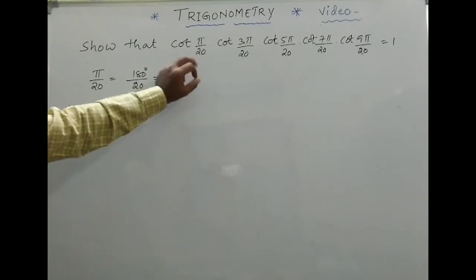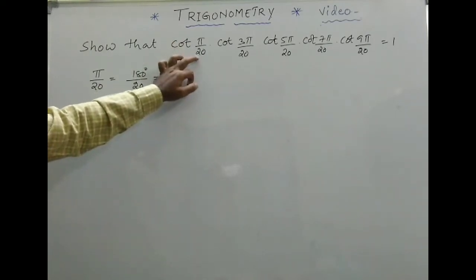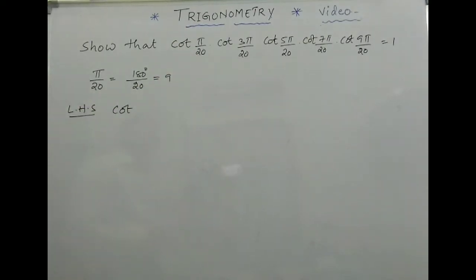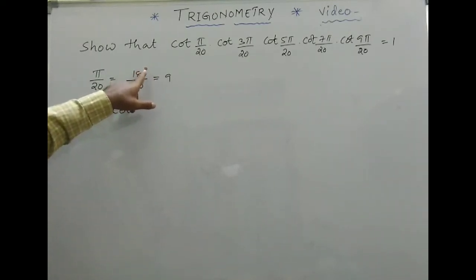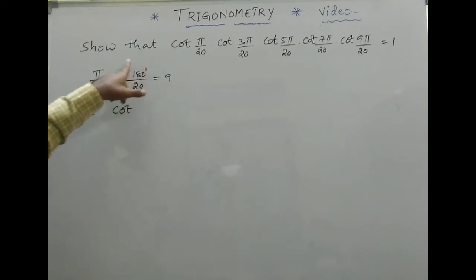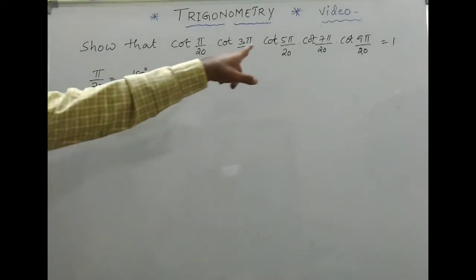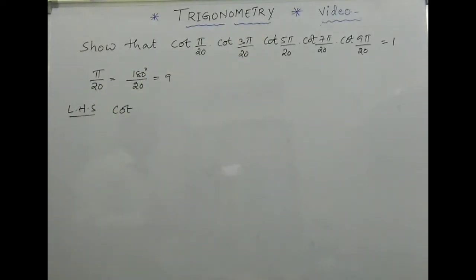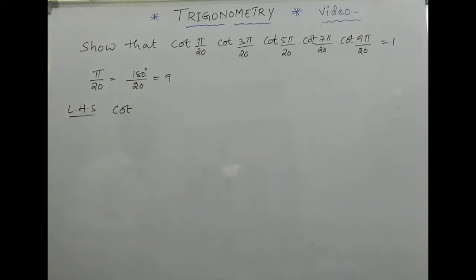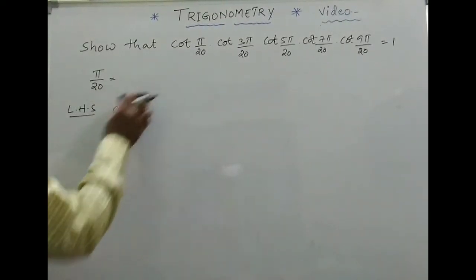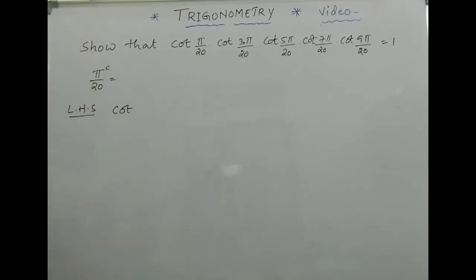Now, a confusion: whether it is expressed in terms of degrees or in terms of radians. Clearly, if it is degrees, there will be a small zero, just like a small circle, read as 180 degrees. But this kind of degree symbol is nowhere to be found in the question. Hence you can understand that the angles are expressed in radians. Hence first of all, we need to convert radians into degrees. That is the first step.